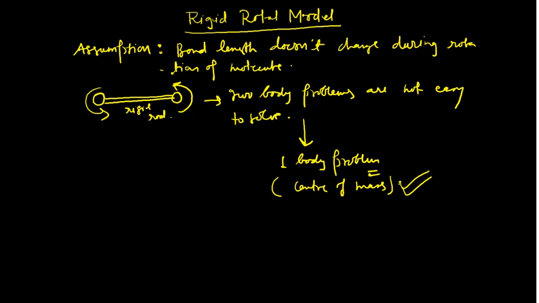Okay, so how will we do that? You see, say this is my chlorine atom. I am taking the example of the HCl molecule. This is the bond length and this is H. So what we are assuming in that case is that these two are only revolving and the bond length doesn't change. This was our first assumption. The bond length doesn't change on rotation. When they rotate in that manner, the bond length doesn't change.